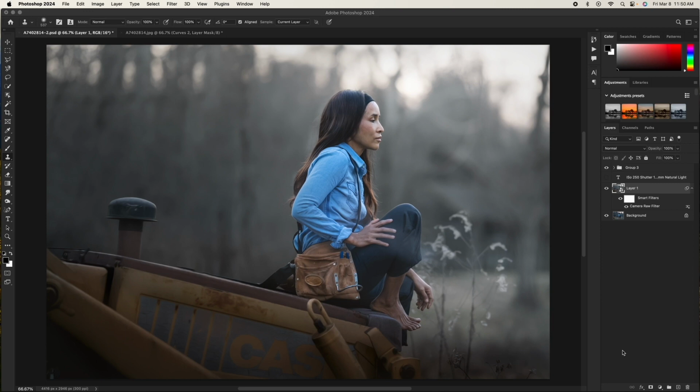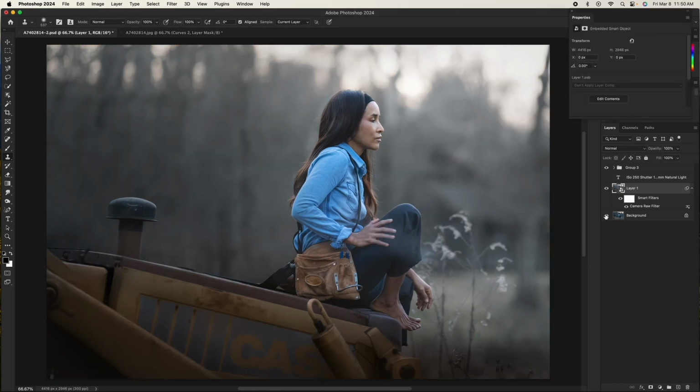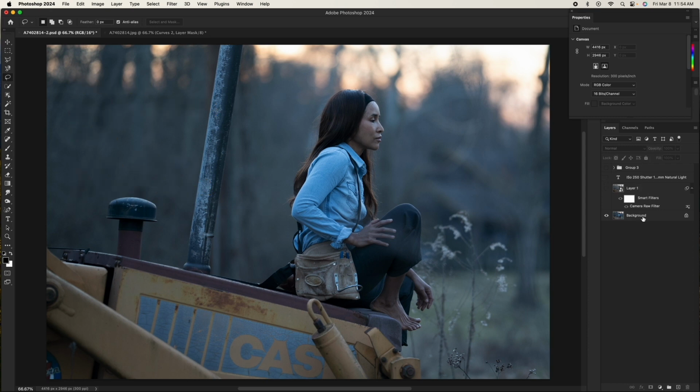Today I have a tutorial on how I edit this photo from this to this. I took this photo with natural light, so this is my camera setting: ISO 250, shutter 200, and aperture 1.4. I use an 85mm. So let me hide this, and then you duplicate the layer by pressing Command J,